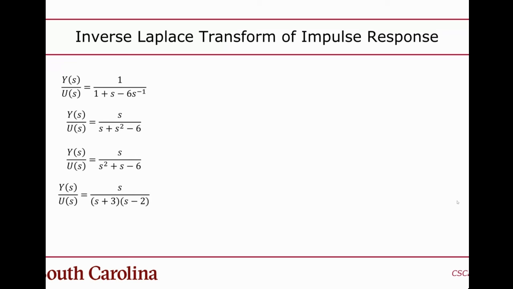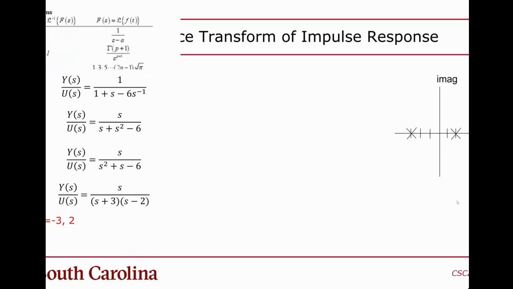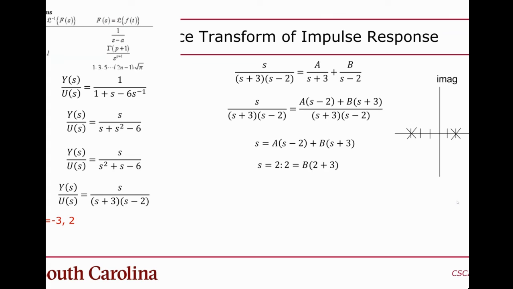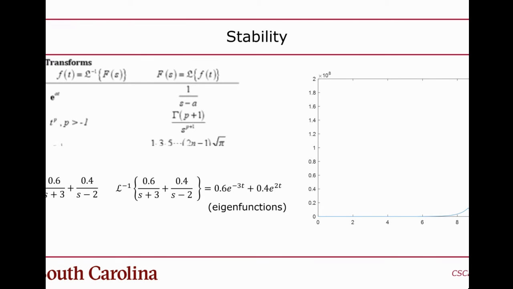So if you have a transfer function, as we do, and you want to convert it to the time domain, you have to do an inverse Laplace transform, which involves breaking apart the ratio in a way that we can do the inverse Laplace, which means we need to get it into the form of 1 over s minus a, or a sum of 1 over s minus a terms. And for that, we can use partial fraction decomposition using this technique, and then convert it to this e to the at term, which is also called the eigenfunction. And then from there, you've got a time domain function where you can just vary time from 0 to